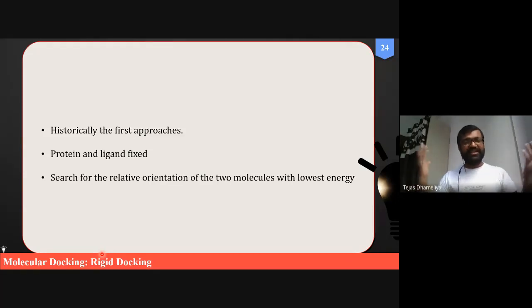Rigid docking, as the name suggests, means rigidity. It is not going to change, it is firm. Teachers also sometimes have rigidity. For example, if I tell you to submit the assignment by 31st of September, and you do not submit, then the teacher will ask you on 1st of October why you have not submitted your assignment. I will not give you a good score. It will be difficult for you to pass your examination. Such teachers are rigid teachers.